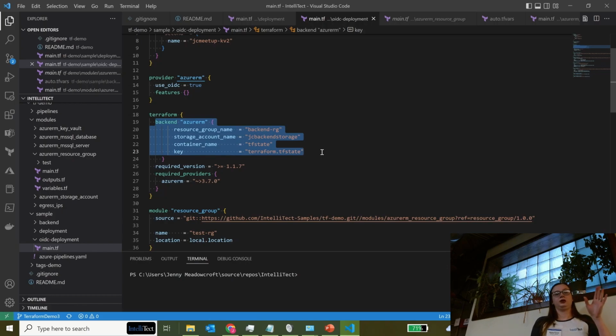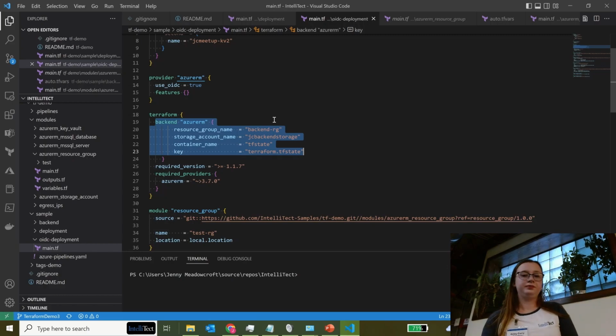So this Terraform backend of azurerm is a reference to where the state is actually being held, because the state file can be held locally, but when you're doing deployments out of workflows, you always want it to be somewhere that everyone can access it, right? So if it's you or me, or if it's being run on one VM or another VM, it's easily accessible from all sides. Yeah,